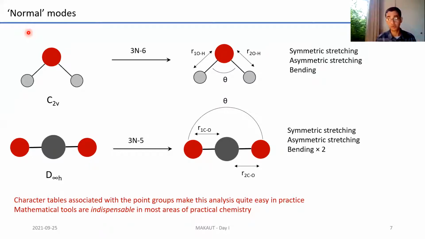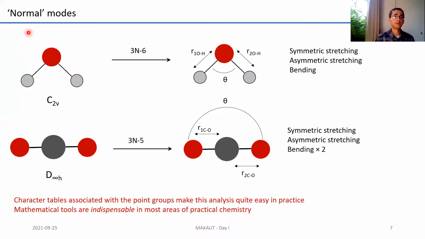I'm sure some of you know it already. If you don't, you can look it up in any standard vibrational spectroscopy text. But these are modes which are essentially independent of each other. So you try to identify independent modes of vibration, each of which has a specific amount of energy associated with it. Recall your undergraduate physical chemistry class where you talked about the equipartition theorem, right? So normal modes are special kinds of modes. All vibrational modes may not be normal modes, because these are special independent modes which act independently of each other. So yeah, sorry for that digression.